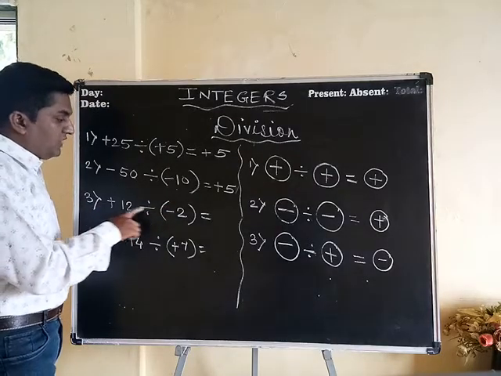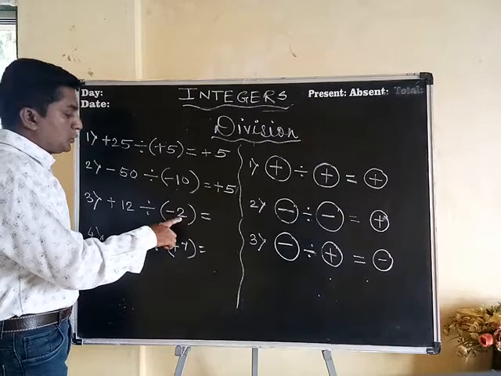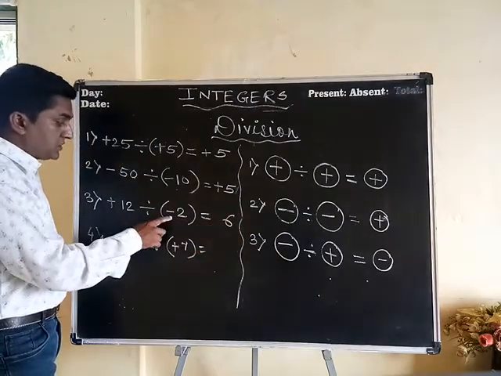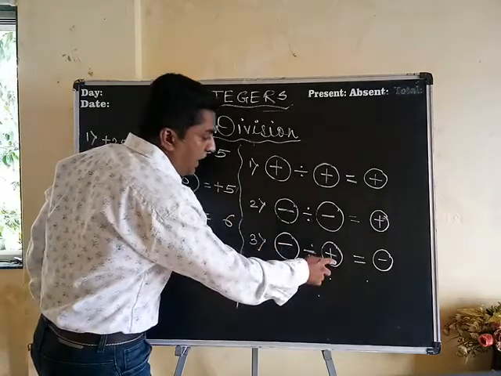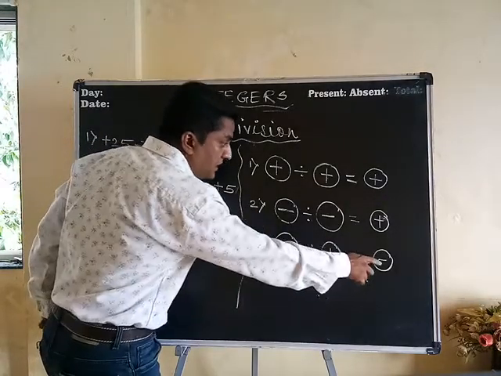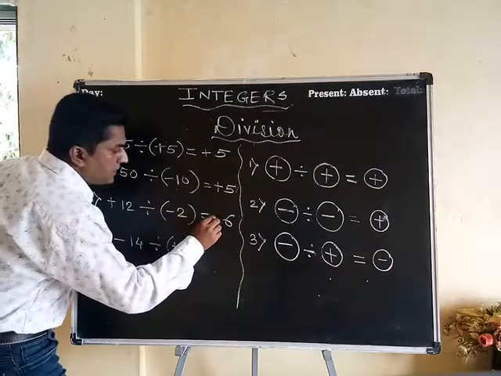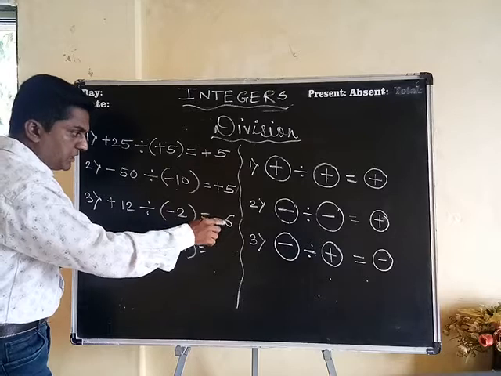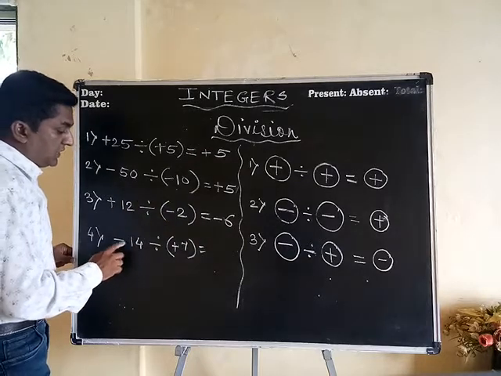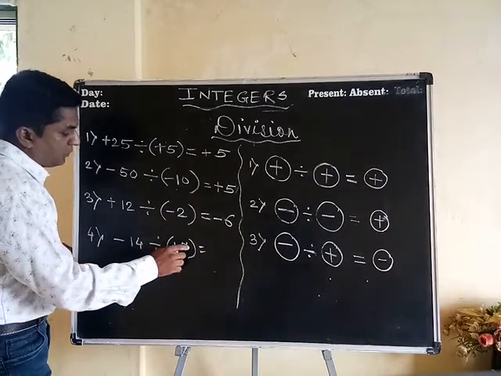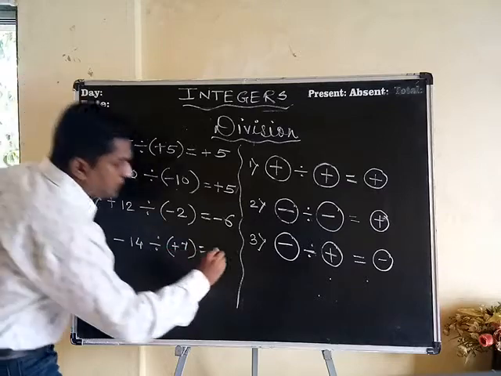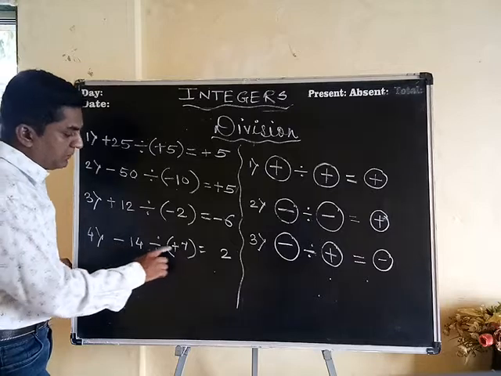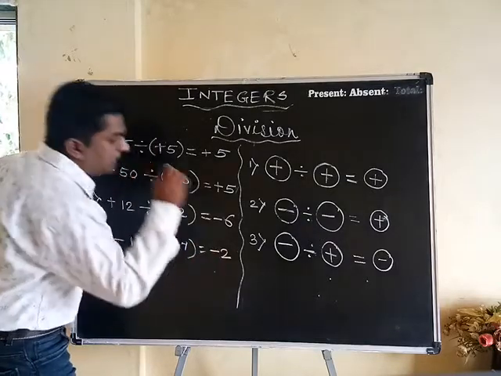Next one says that 12 divided by 2. 2 sixes are 12. My answer is 6. But what about the signs? So opposite signs, if they are divided, compulsorily negative. So here my answer will come negative. Okay, don't see positive, negative, only opposite signs are there. Simply here minus will come. Again, negative 14 divided by positive 7. 7 twos are 14. And here negative divided by positive must be compulsorily negative.